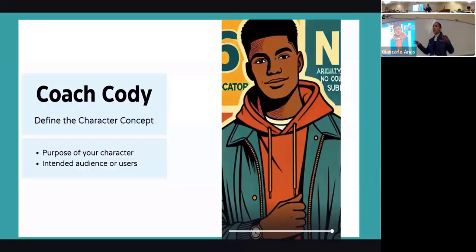Okay. I was like, does Coach Cody need to wear a t-shirt? Does Coach Cody need to have a button-up shirt on? We certainly didn't want Coach Cody to have a suit on because these are younger students. And I was like, Coach Cody needs to be a little bit younger, but just old enough that they could look up to Coach Cody. Hair, I went from straight hair to longer hair. Then I was like curly hair. We settled on the hoodie, because I figured that this is something that all the students could identify with.